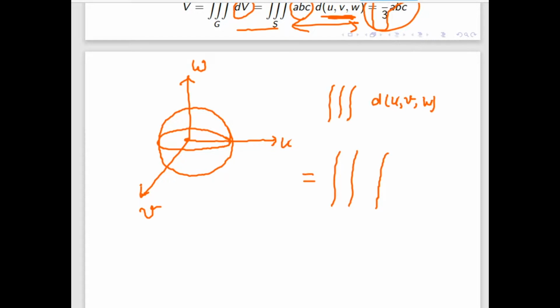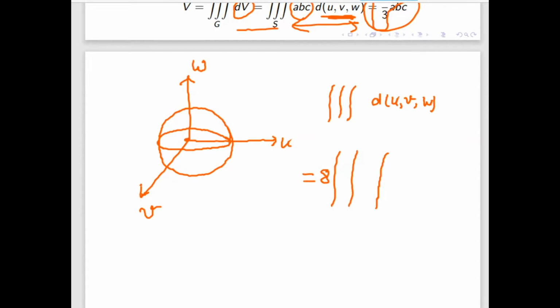Can anyone tell? Suppose this is a circle. If you draw the x-axis and y-axis, it divides the circle into 4 equal parts. This is part 1, this is part 2, this is part 3. So if it is a sphere, then the 3D UVW axes will divide it into how many equal parts? 8 equal parts. So I will just calculate the volume of one part and then multiply by 8. It will give the whole volume. That's why the 8 is written here. Now I will find only the quadrant where u, v, w are positive.